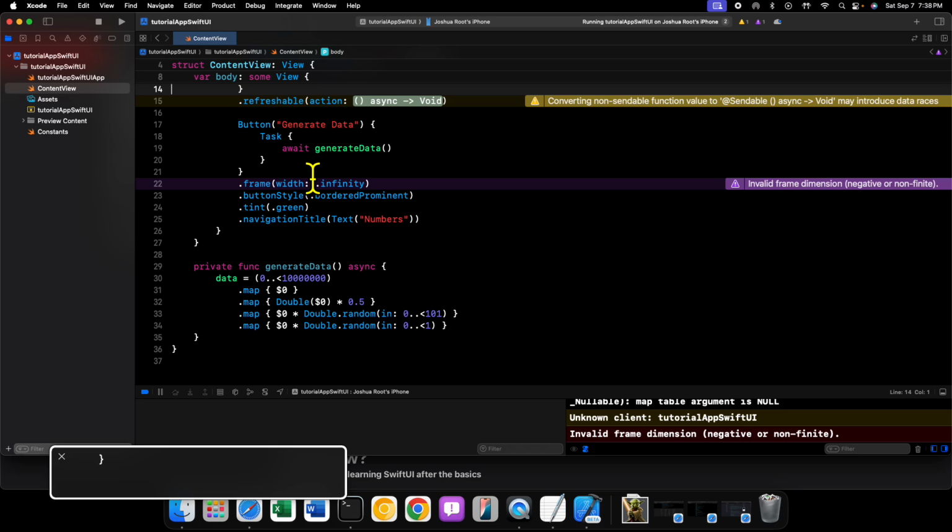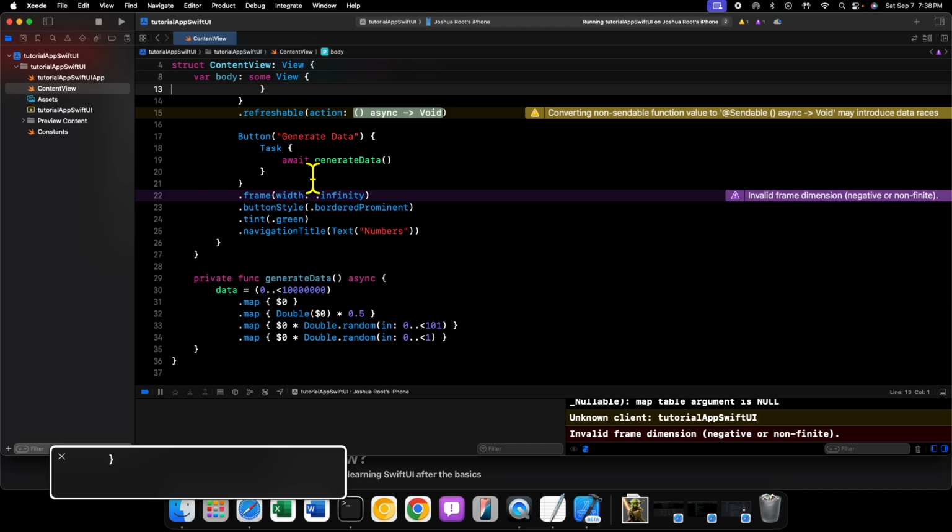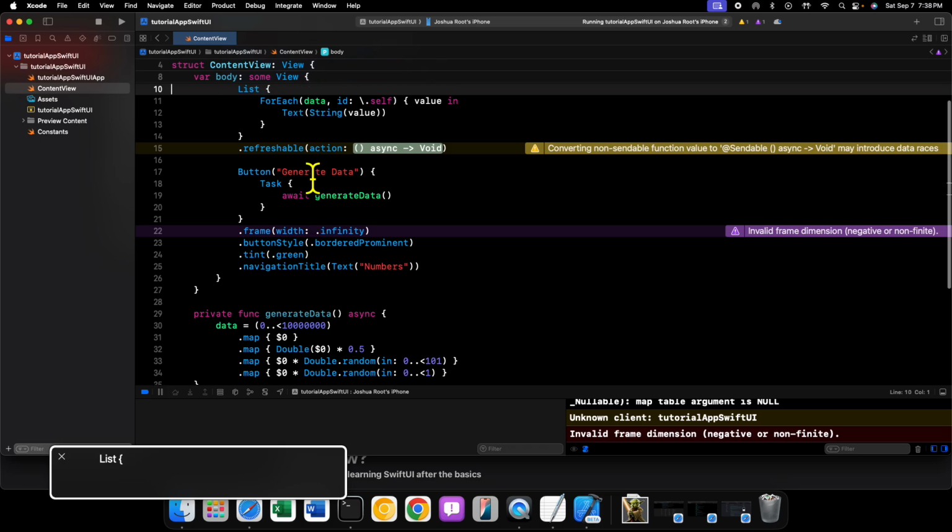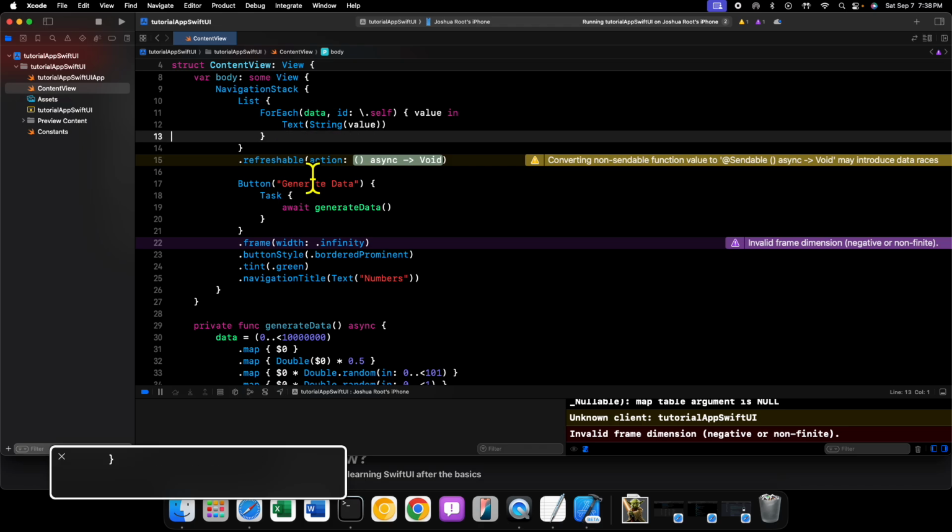If you want me to do a series on Swift concurrency features, let me know. I still have to wrap my brain around a lot of the inner workings, but async await and tasks like this, I understand how to do pretty well. So if you have any questions about that, leave them in the comment section below, and I'll try to answer them the best I can. So anyway, with that being said,